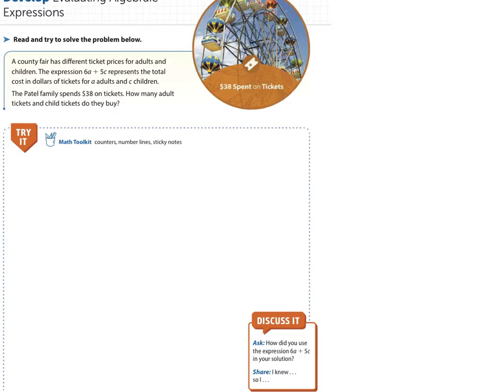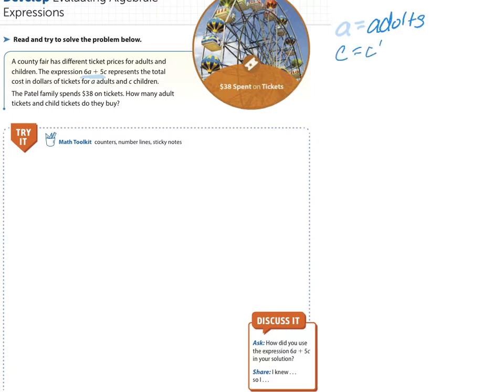It's a lot of information to start. So I'm going to read it again, and this time highlighting, underlining in your book, circle what you think you're going to need to solve this problem. So one more time. A county fair has different ticket prices for adults and children. The expression 6A plus 5C represents the total cost in dollars of tickets for A, adults, and C, children. So A is my adults,